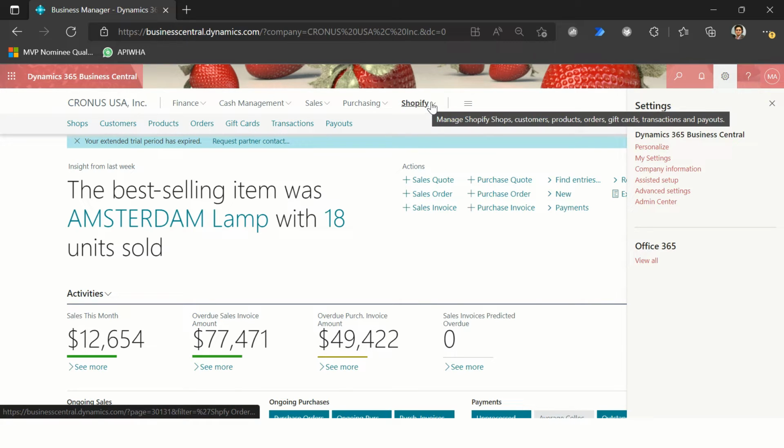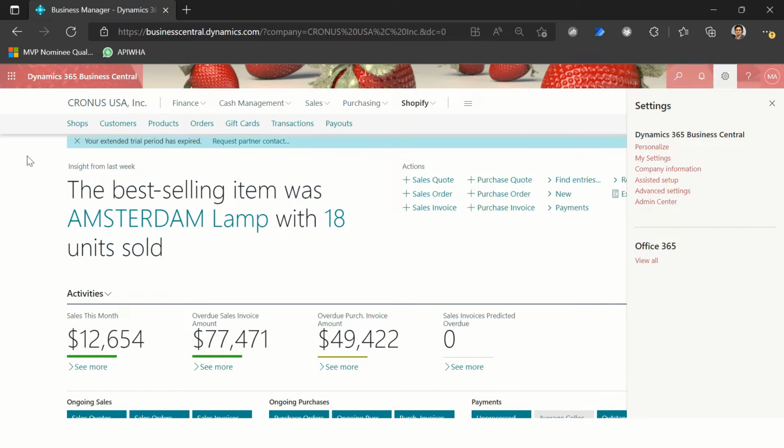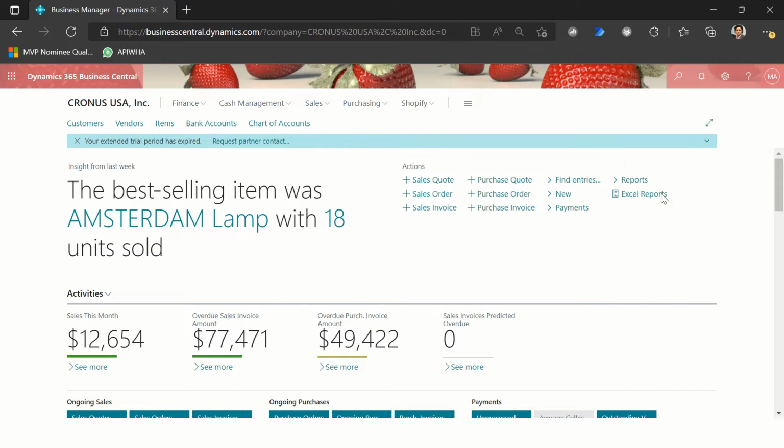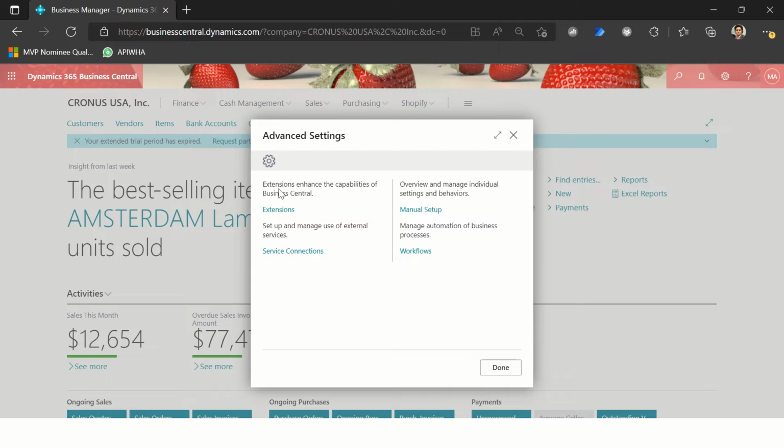If you have it, then just change it to business manager role center. You should see the standard buttons on top of it. Okay. Now, one very important thing, and that's basically how I try to understand how Shopify actually works. If I go to advanced settings and extensions,